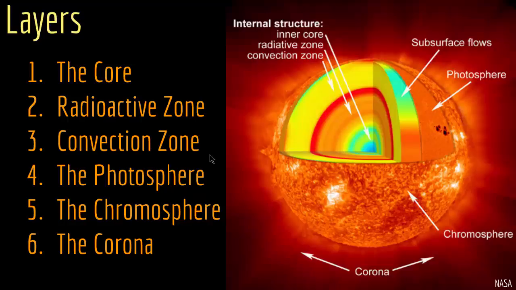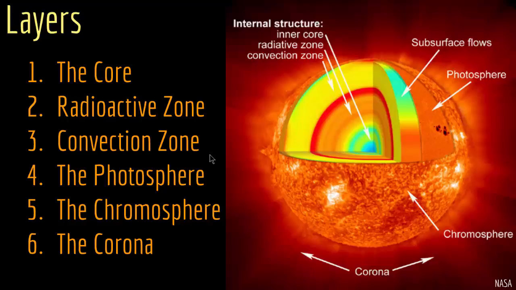So in this layer, it actually gets hotter if you go further away from the sun, unlike in the lower layers where it gets hotter if you go closer to the center of the sun. Then we get the corona. The corona is the outermost layer of the sun, starting about 1300 miles, which is about 2100 kilometers above the solar surface. The temperature in this region is about 500,000 degrees Celsius. The corona is special because it cannot be seen by the naked eye, but we can see it during solar eclipses or with the use of a coronagraph.